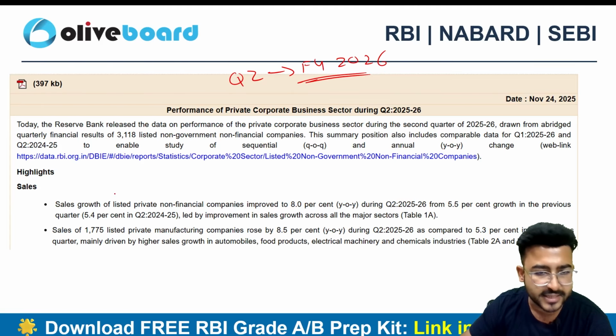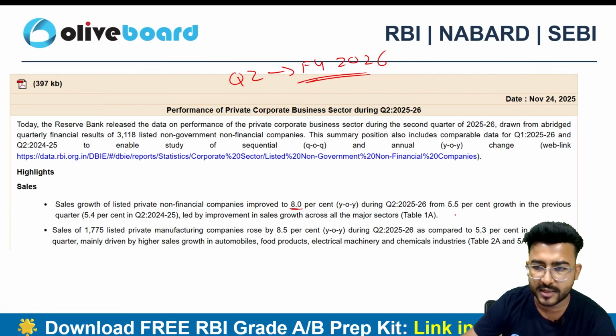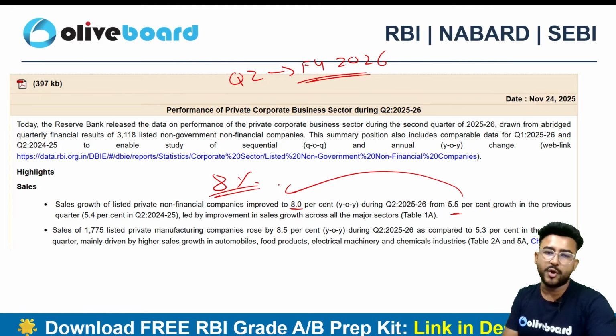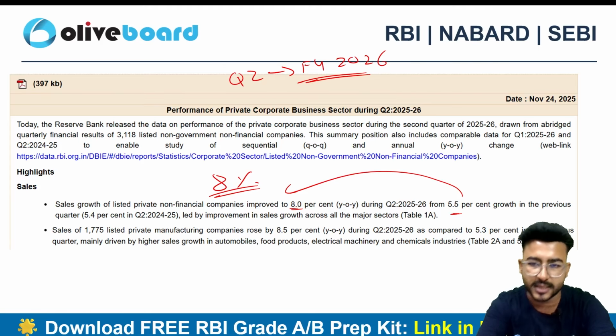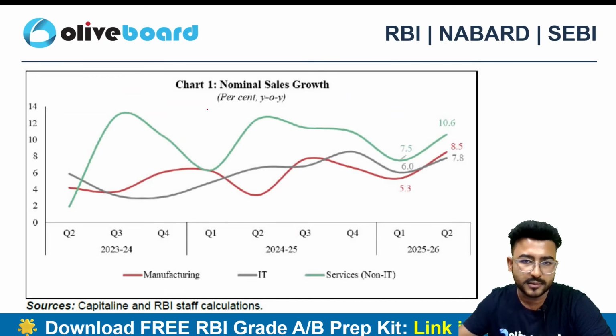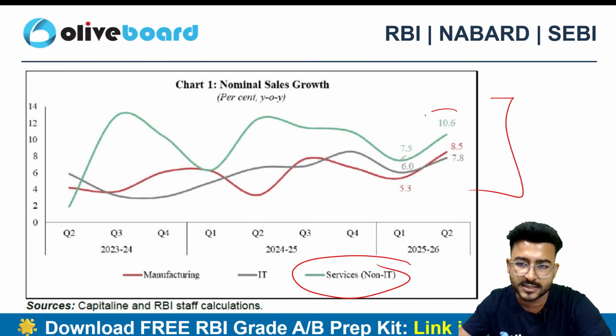We can see that the sales growth of the listed private non-financial companies improved to 8%. Earlier it used to be 5.5%. Now it is 8%, right? I'm talking about the listed private non-financial companies, right? So here we can see that if I talk about sales growth, the non-IT services is leading the